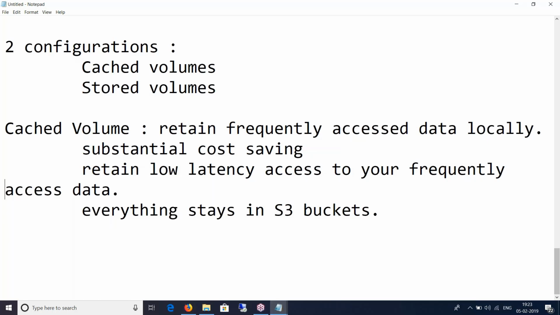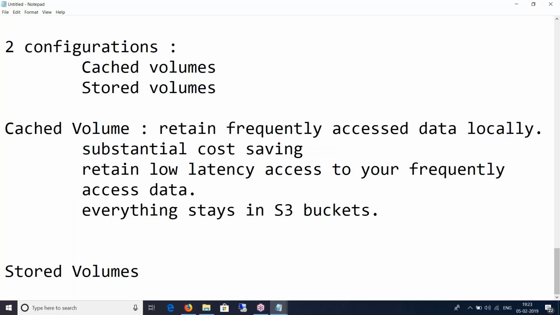The second one is stored volumes. What is a stored volume? If you need low latency access to your entire data set, first configure the on-premise gateway to store all the data locally, and then asynchronously back up point-in-time snapshots of data to S3 buckets.